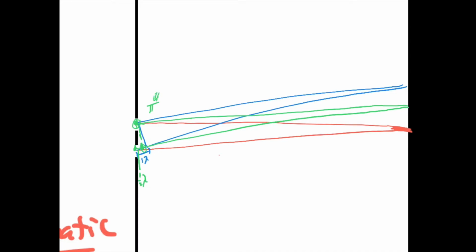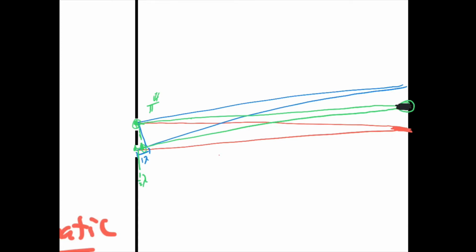It's exactly opposite because it's gone through half a cycle already. Now, if they're doing the opposite thing at the same time, if the top one is a crest and the bottom is a trough, or if the bottom is a trough and the top is a crest, or anything in between, what's going to happen here? Well, it's going to be complete destructive interference, which means they're going to have a dark spot